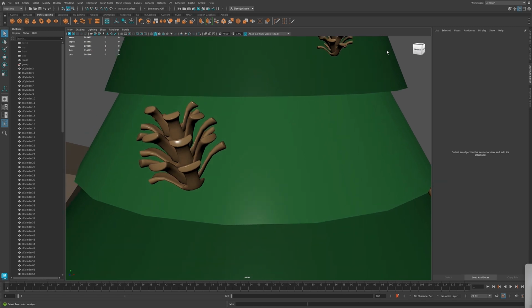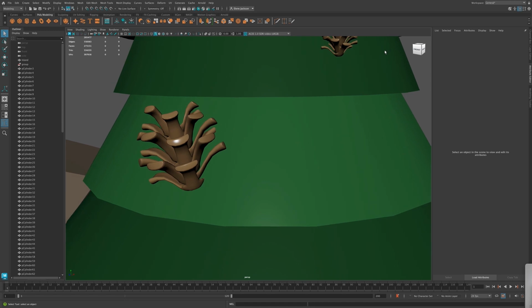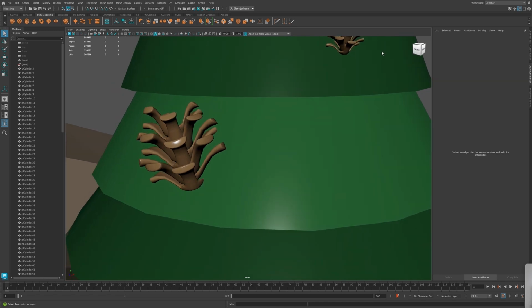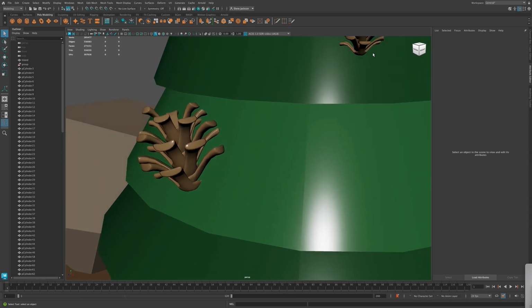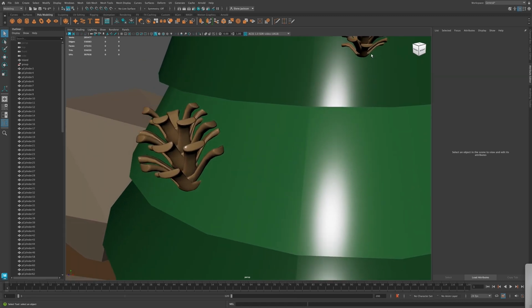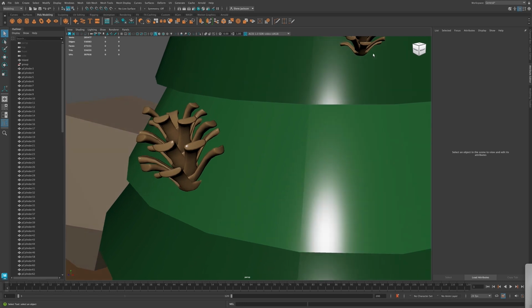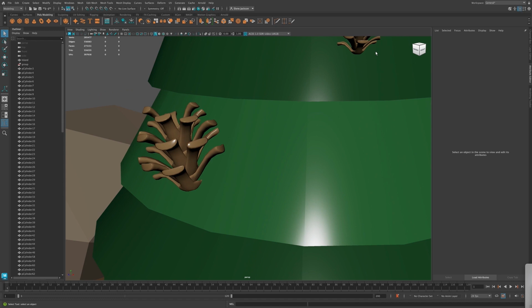I then went into edge mode, selected all the edges at the top which now had a big hole between them, and clicked the fill hole. I did the same at the bottom. Next, I gave my shape a lattice and set the correct divisions. I then selected my lattice points,